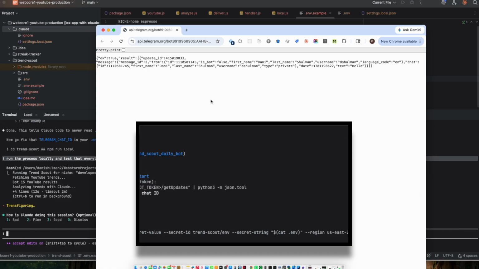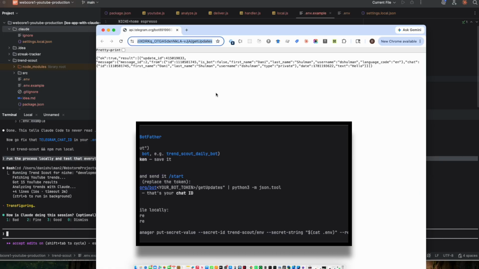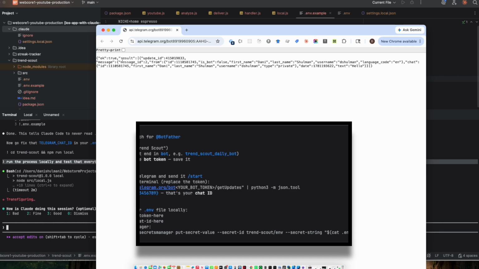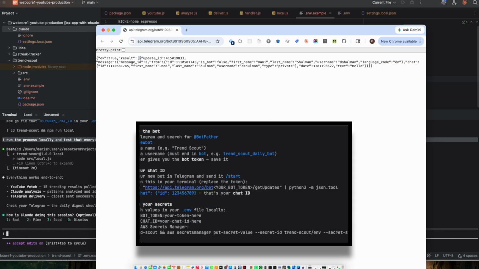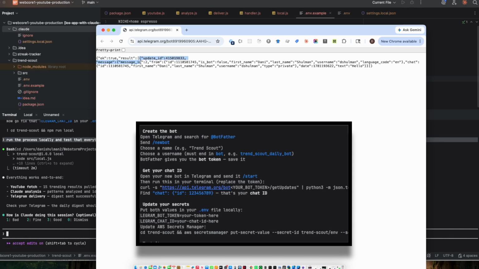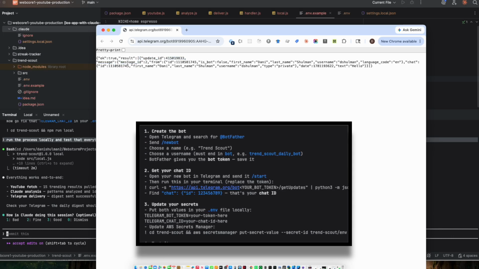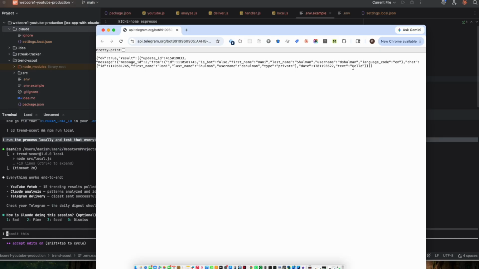I just want to show you how to get the conversation ID. Once you've created the bot and gone to the bot URL, as explained in the document I showed earlier, you get a JSON object, and in the results it's an array, and one of the items in the array is going to be the conversation ID. So if you see here, it's the chat right here, and the ID of the chat is this. So there you have my name.